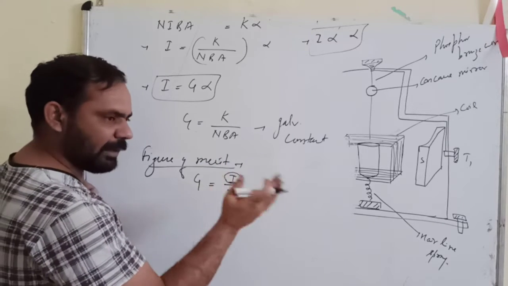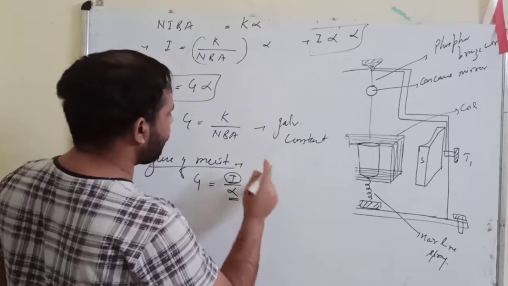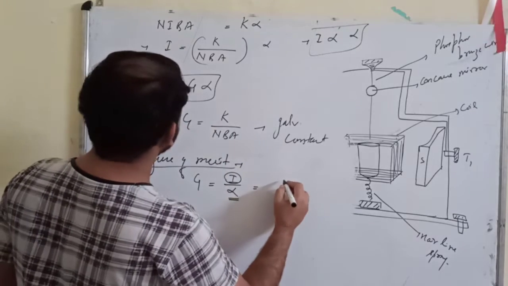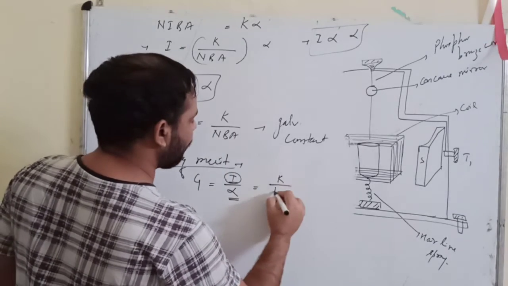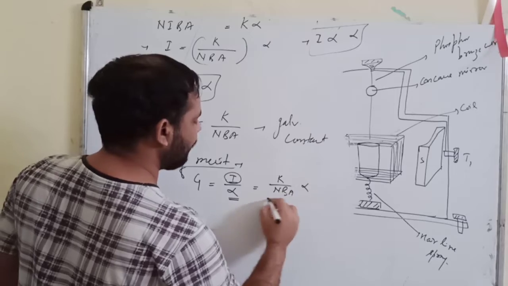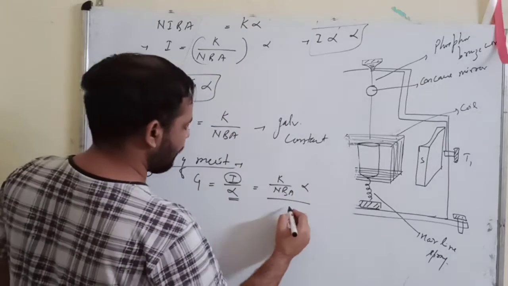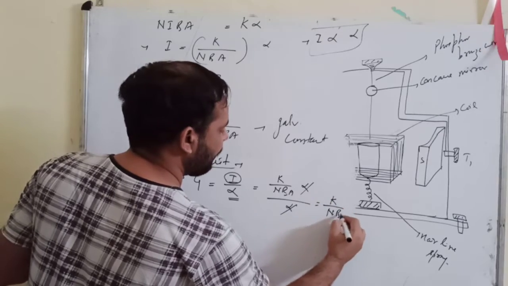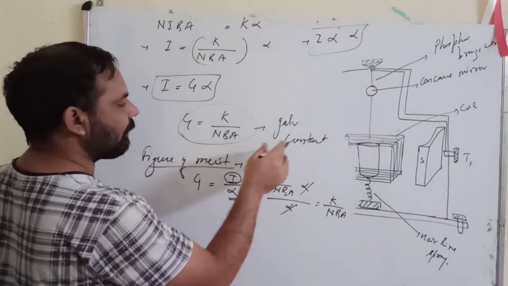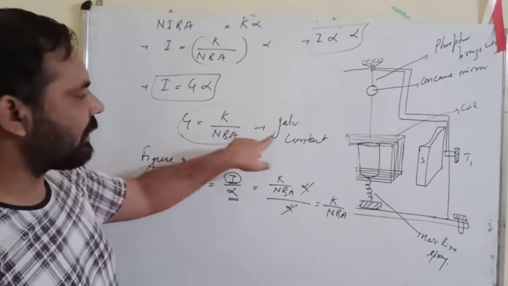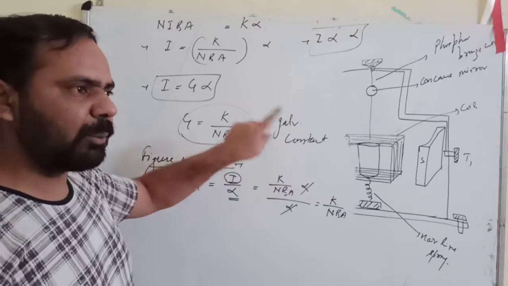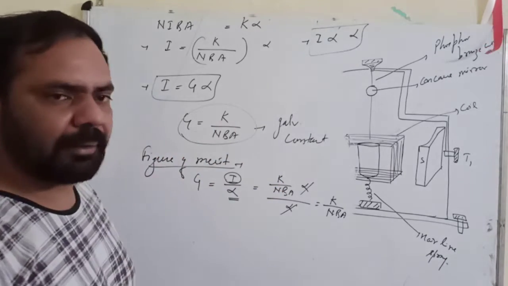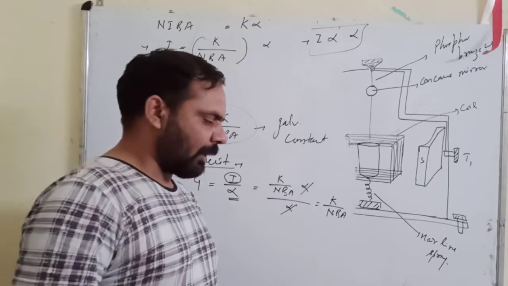Unit deflection, right? So how much is I? I is equal to K upon NBA alpha. I is equal to this, and this alpha cancels, equals K upon NBA. Means this term, which I told you, is called the galvanometer constant. That galvanometer constant itself is the figure of merit. Okay, then